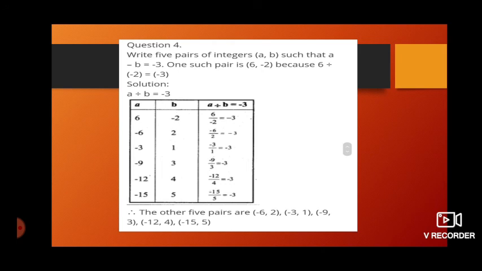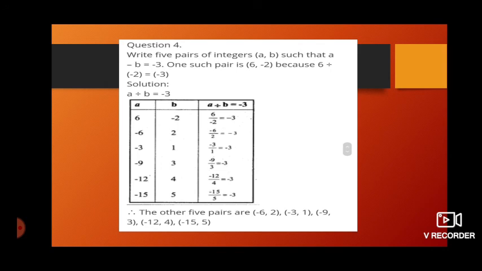Because we get a negative sign for the result when there are different signed integers, meaning both the integers participating in the division should have different signs. So here -6 and 2. The same numbers only. Now I am removing the negative for the 2 and adding the negative for the 6. Now if you see, 6 by 2 is 3, and minus by plus, again I will get minus.